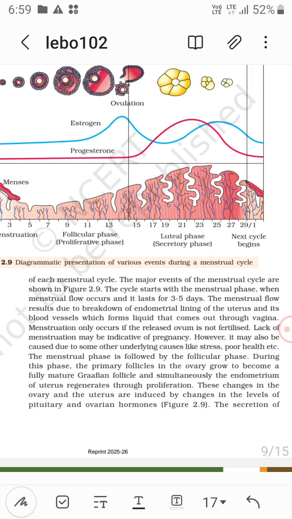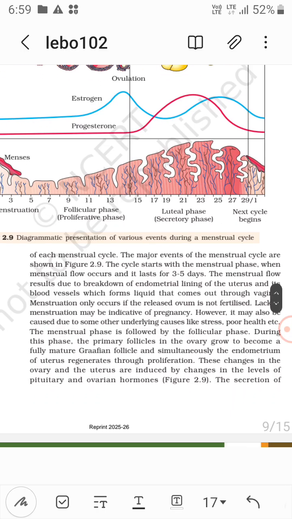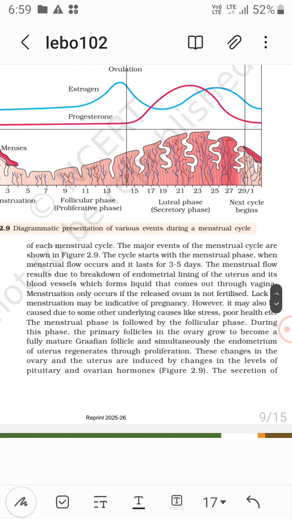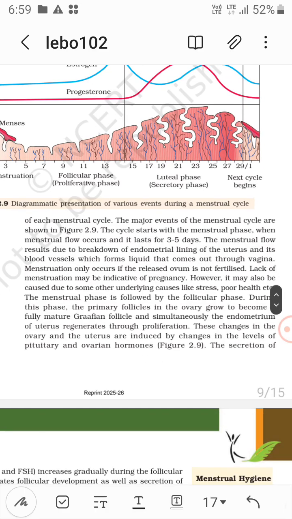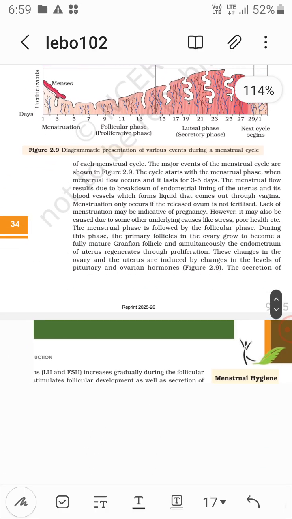During the follicular phase the primary follicles in the ovary grow to become a fully mature Graafian follicle, and simultaneously the endometrium of the uterus regenerates through proliferation. These changes in the ovary and the uterus are induced by changes in the levels of pituitary and ovarian hormones. Now the secretion of